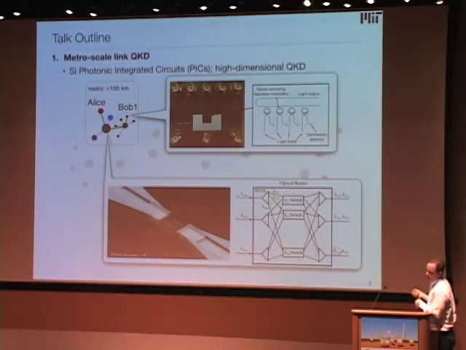This is a chip that Darius Bonandar, who's a PhD student in my group, together with Catherine Lee, has been working on, and he has a poster I'll point out later. But inside this chip is a modulator, or a number of modulators, that can be used, for example, for coherent one-way QKD. I'll tell you a bit more in detail about that in a moment.